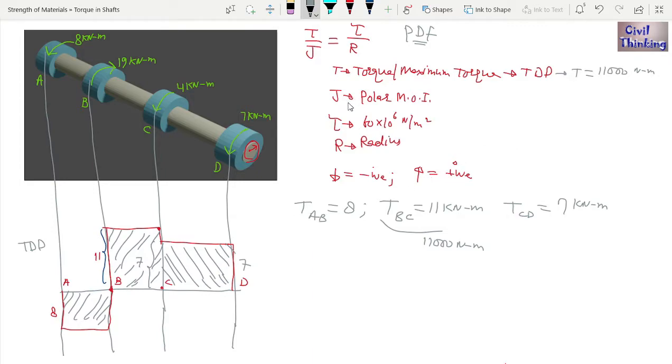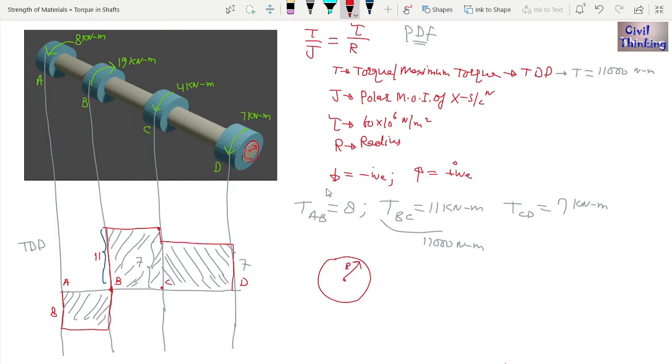Now J. Now J is polar moment of inertia, okay? Polar moment of inertia of the cross section. Now you can see this shaft has a circular cross section, okay? Like this, as you can see here, okay? Let its radius be R,